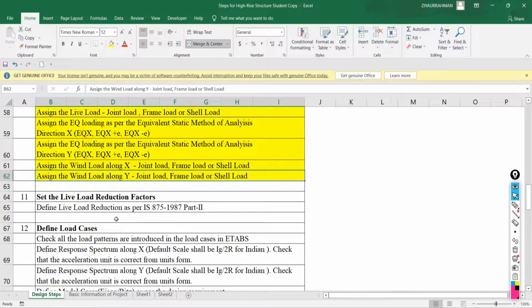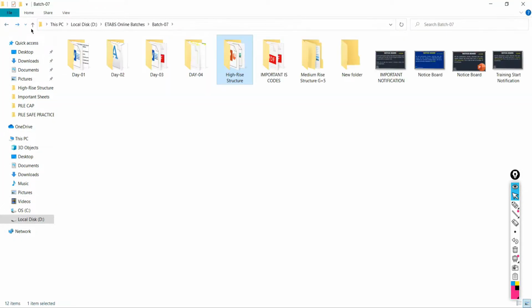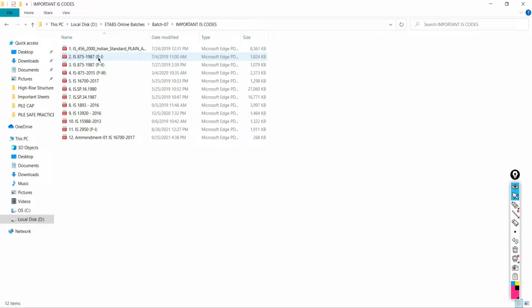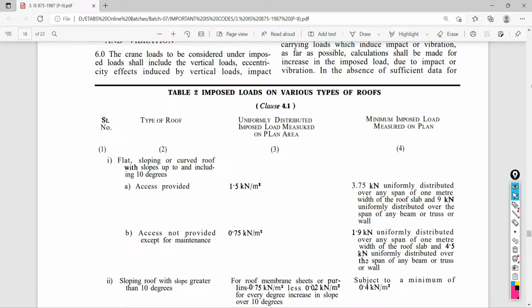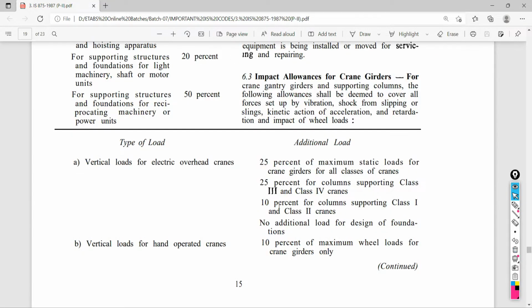Okay, this live load reduction is different. That is also one kind of live load reduction. But here the other live load reduction is the one specified by IS 875 1987, the code for the live load for different kinds of structure for different utility. So let me show you. Just go back to your folder and let me open this, IS 875 Part 2. Let me show you what IS 875 Part 2 says in respect of the reduction of the live load.